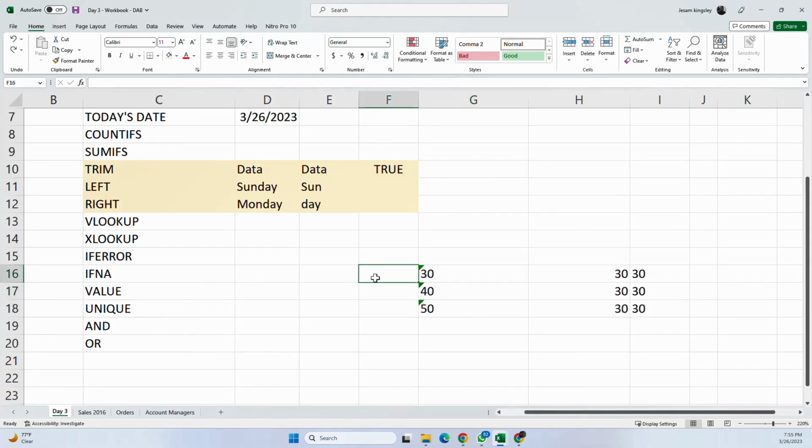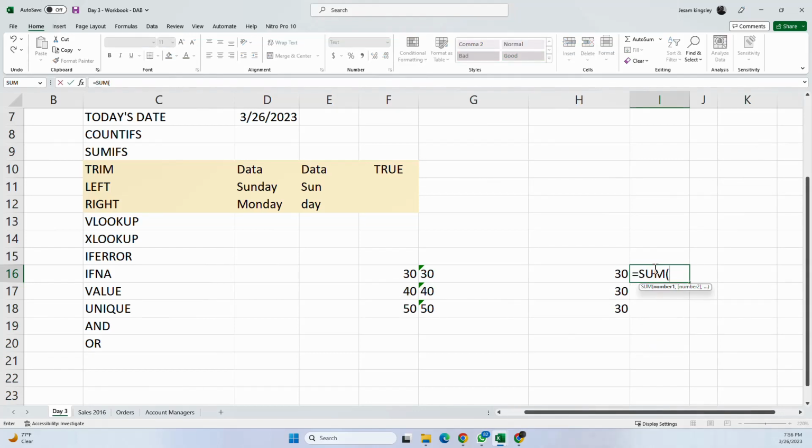We use the value function, so it's basically going to be equal to value, you select what you want to convert, and if you notice, it aligns to the right now because it's converted to a number. So if we do a sum of this and this,